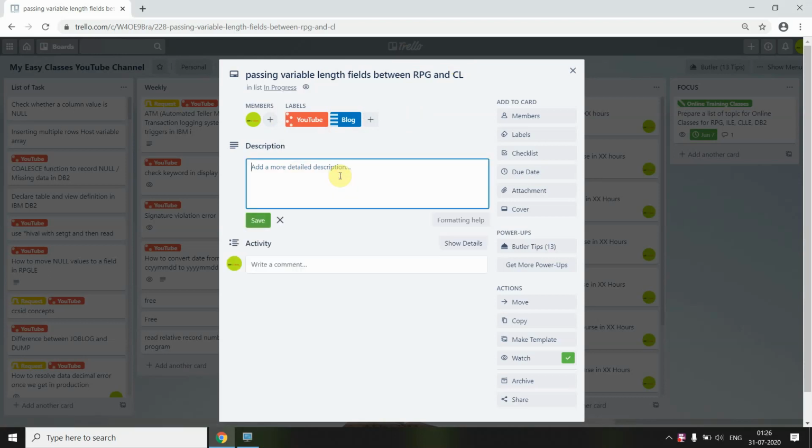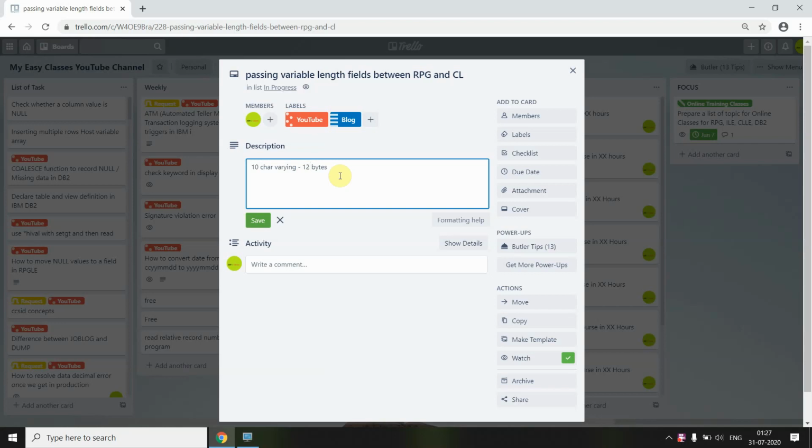We define fields, either character or numeric. In the case of numeric, we don't have the feature of varying length fields, but in the case of character, graphic, DBCS fields, or open data types, you can define your fields as varying length. For example, if you define a 10 character field as varying, it will take 12 bytes in memory.